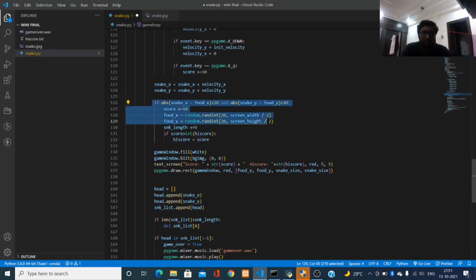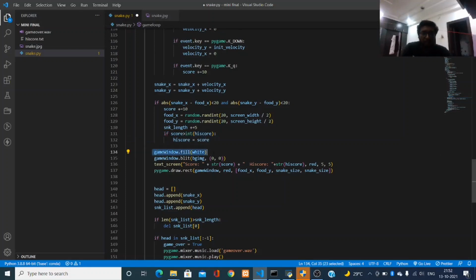Then this part is for score updation. If the snake x minus food x less than 20 and the snake y minus food y less than 20, it means the snake has grabbed the food. So the score will update by 10. And the length of the snake will be increased by 5. If the score greater than high score, then the score will be updated as a high score.